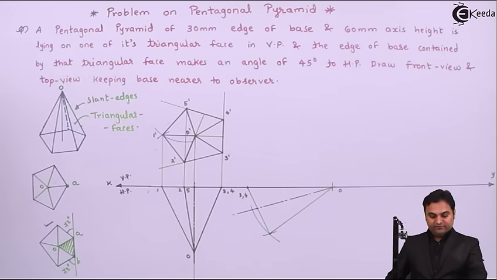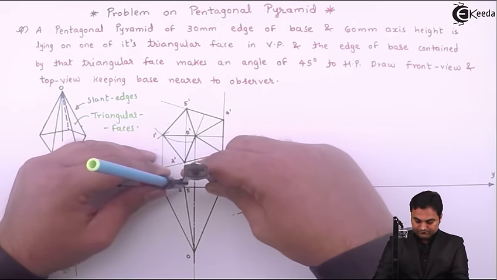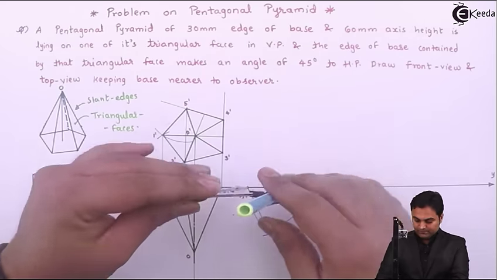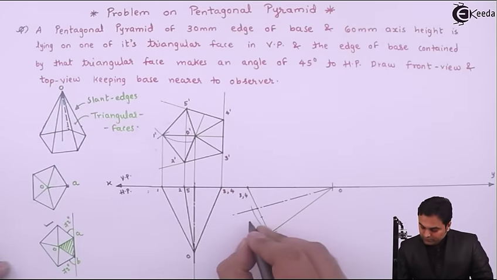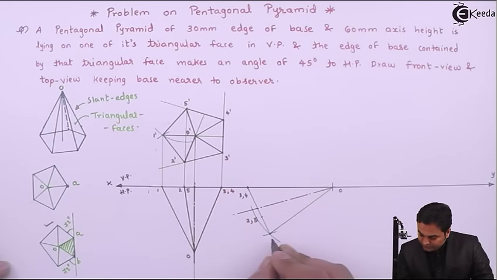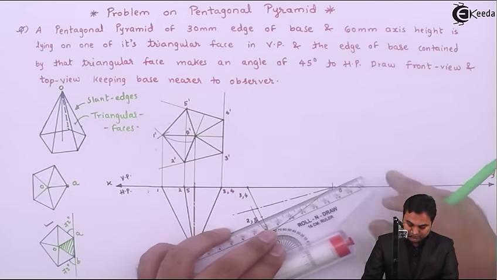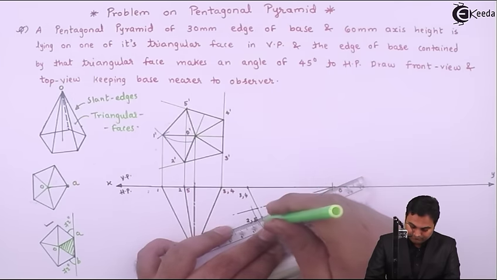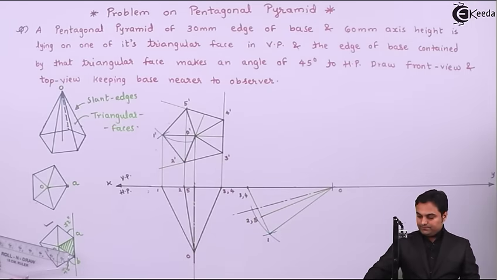Next, point 2 and 5. For that I'll measure the distance from 3 4 up to 2 5. So here the point is 2 comma 5 and here the point is 1. Joining it with light line first. Next, making this pyramid dark.